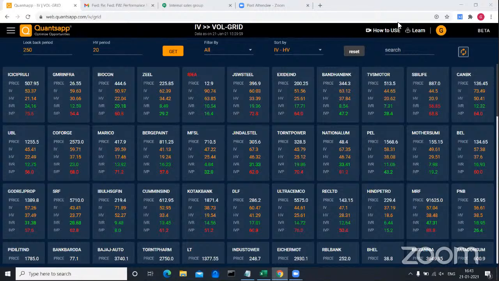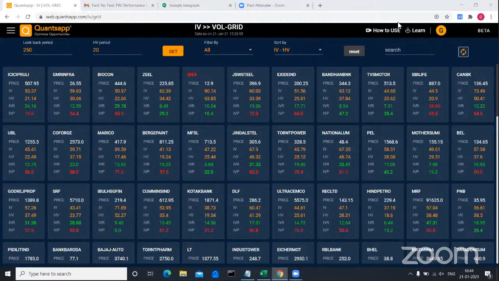So we'll take a small example for it. Suppose there is a stock and its IV is ranging between 30 to 60. Suppose in the last 1 year IV has ranged between 30 to 60, and the IV currently running is 45. So last year it was running between 30 to 60 and now it's trading at 45. The IV is at 45. Now if I want to see the IVR rank, whether my current IV is higher or lower as compared to the previous year's IV,